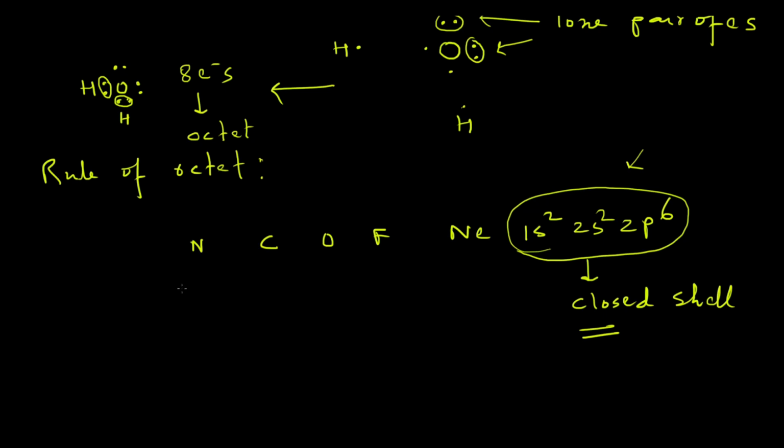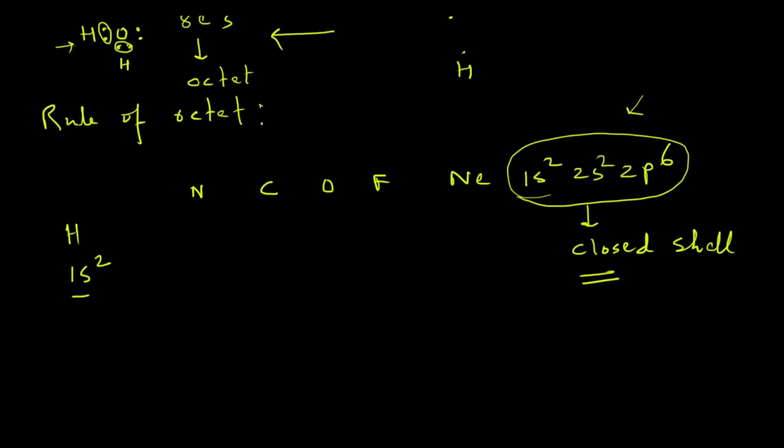So now you know about the octet rule. If you consider the hydrogen atoms, they are also attaining the helium-like configuration. You can see that hydrogen is sharing 2 electrons, and helium has 2 electrons in its valence shell, which is 1s. Here also its valence shell is totally closed, and hydrogen is getting that electronic configuration after forming a covalent bond. So each atom will try to attain a noble gas-like electronic configuration after covalent bond formation, right? This simple but very efficient information we can get from Lewis dot structures.